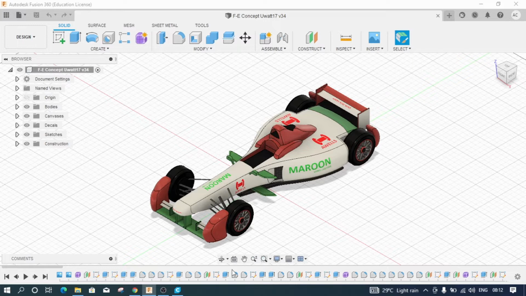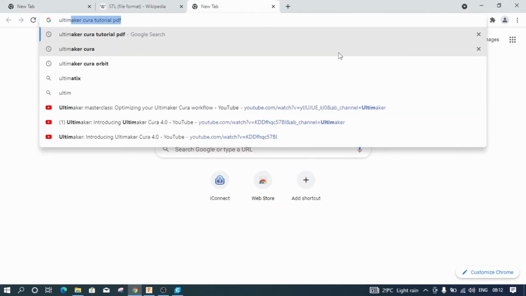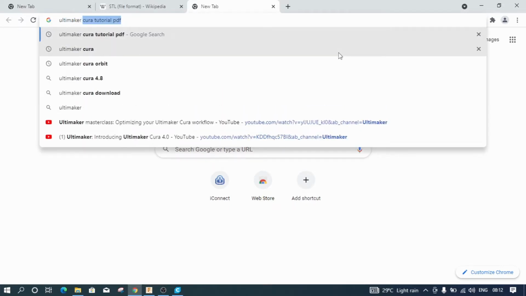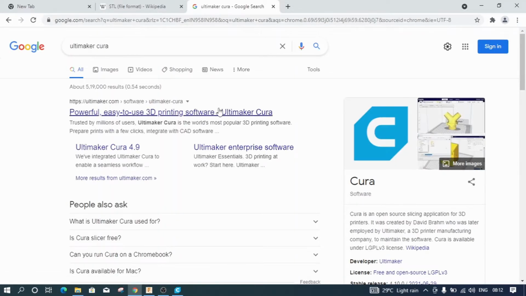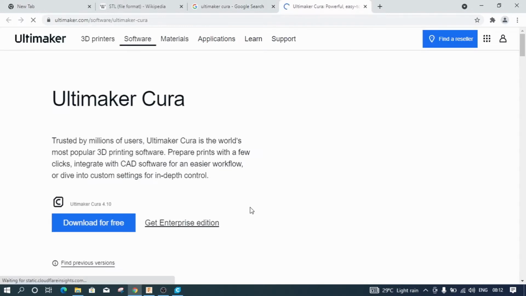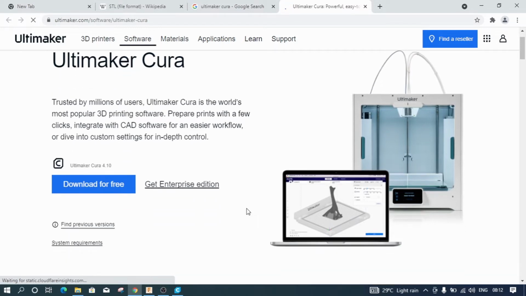For that, first go to Google Chrome or whatever browser you are using and then type Ultimaker Cura. Now you will get a link known as ultimaker.com, powerful, easy to use 3D printing software. Go ahead and open that link. And here it says Ultimaker Cura 4.10 download for free. Click on this link